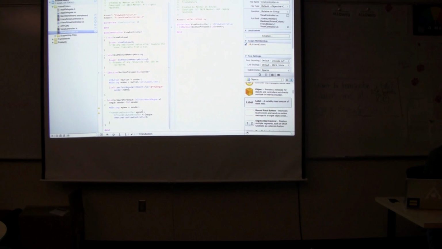So s.image will equal UIImage imageNamed, and s.name equals the name, and